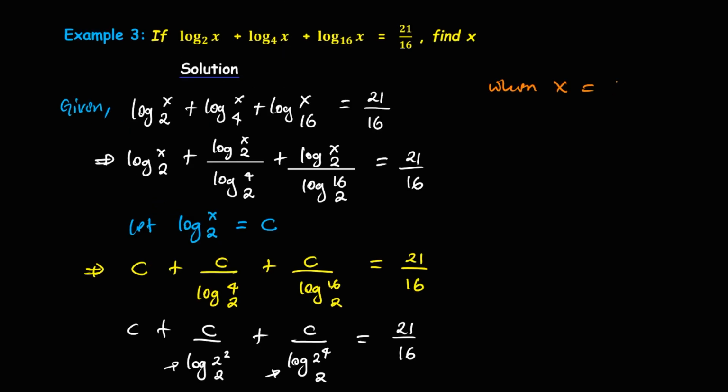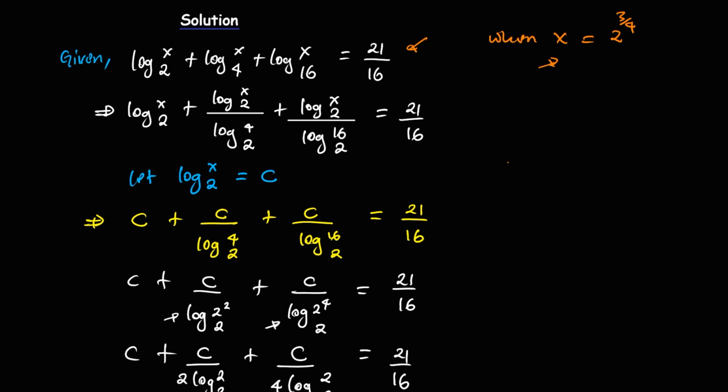When x equals 2 to the power 3 over 4, let's substitute x equals 2 to the power 3 over 4 in this equation and check whether the left hand side will balance with the right hand side. So when substituting, we will have log of, instead of x, we have 2 to the power 3 over 4 to base 2 plus log of, instead of x, we have 2 to the power 3 over 4